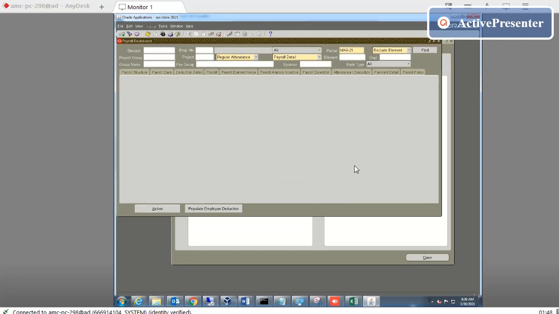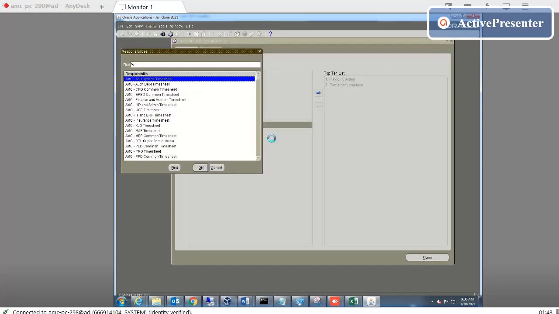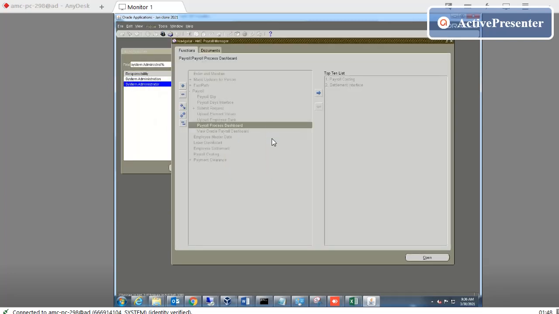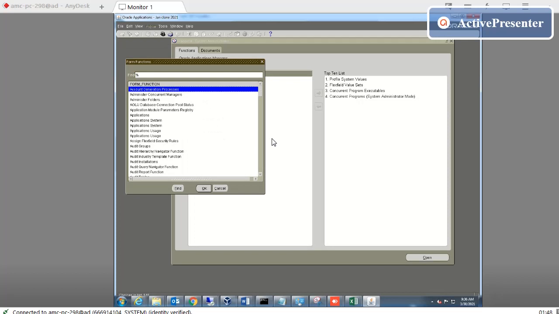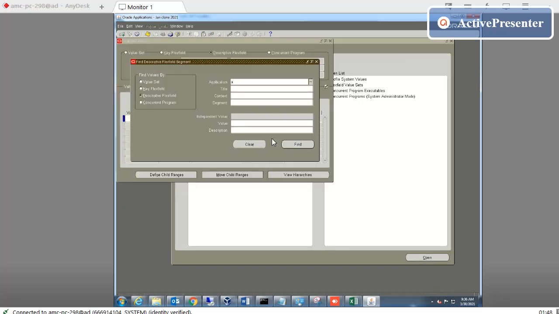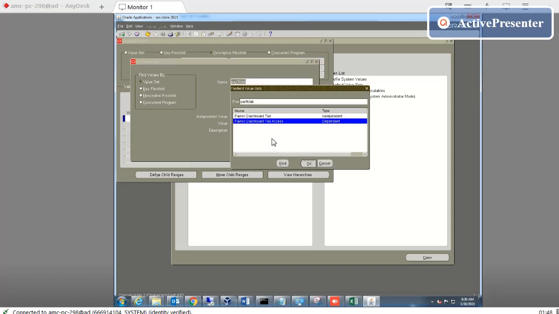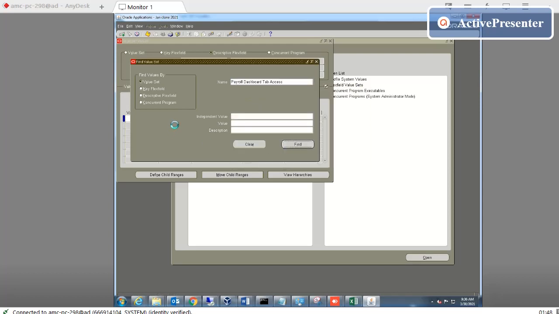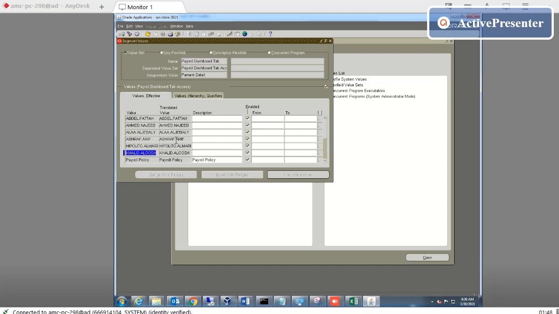So wait, I go here, system administrator. I make a descriptive field. I go ahead and what it is, alt here. That is the payroll tab. Access. Okay, I come here. I write test that user.